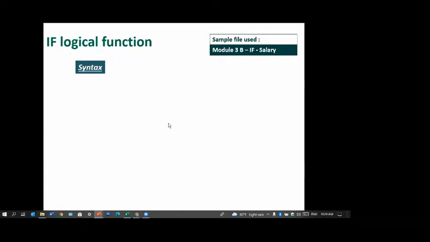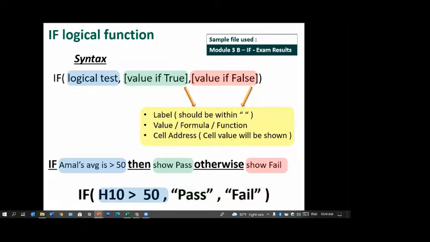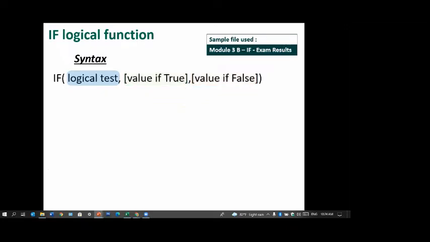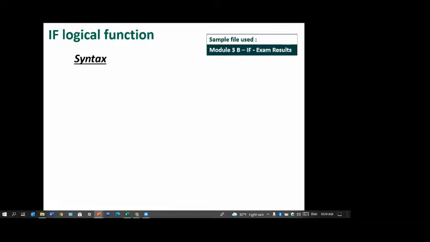The if function. I was told that you had done it. How sure are you of the if function? Do you want me to do it or are you 100% sure of this? I need your feedback. Now we have to concentrate on the exam. For the exam, definitely the if function will come, VLOOKUP will come. So let's look at the if function. You need to be 100% on the if function. Better do it now also. Yes, better to do it.